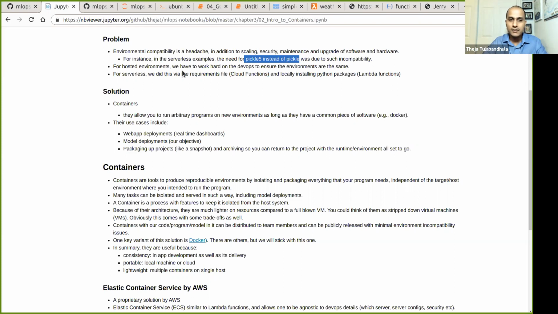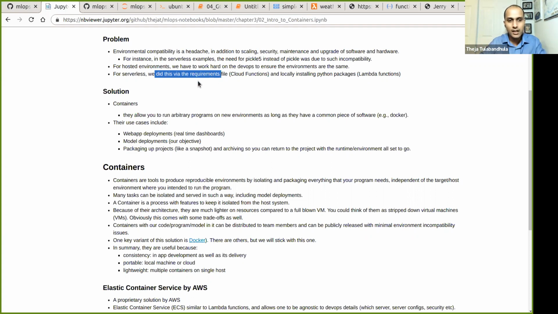Okay. On serverless, we just did it in a very lightweight way, because everything else was managed by the vendors, in this case AWS and Google. So we just had to pick the requirements.txt file and say which Flask version. We did not explicitly say which Flask version in our example, but you can say, hey, Flask is equal to 1.0.3. That would at least ensure that whatever you work with on your local machine, let's say Flask version 1.0.3, you have the same version running when you deploy it.